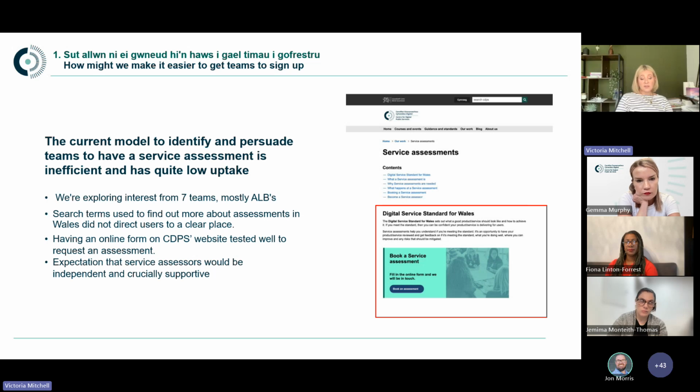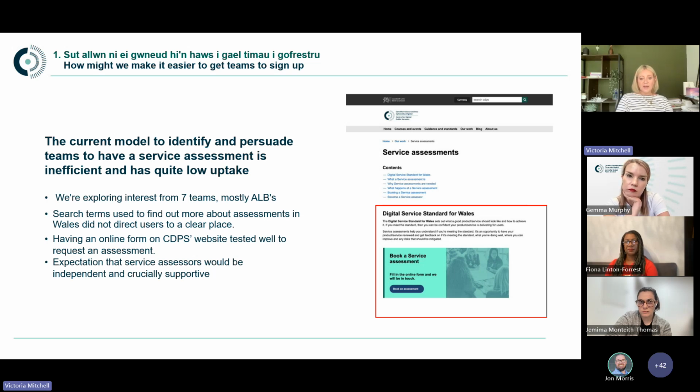Our new content tested really well with users, as did having an online form which they would use to schedule. And you can see, I've highlighted in the red box there, the call to action, a really clear call to action, which is not a surprise. I mean, we know about having clear calls to action. So not a surprise that a clear call to action yielded a good result,